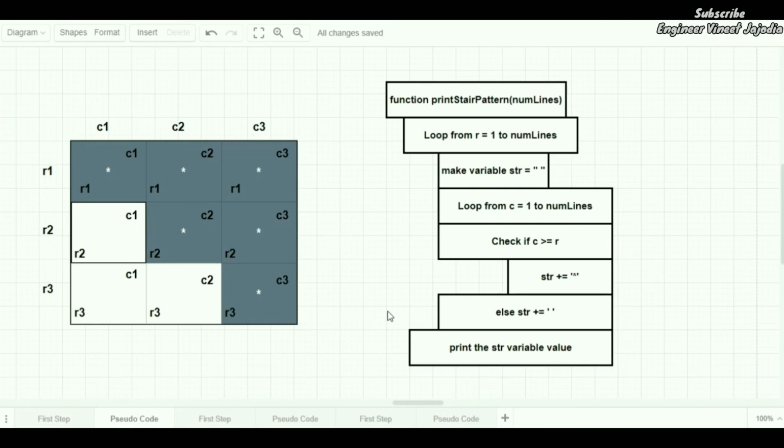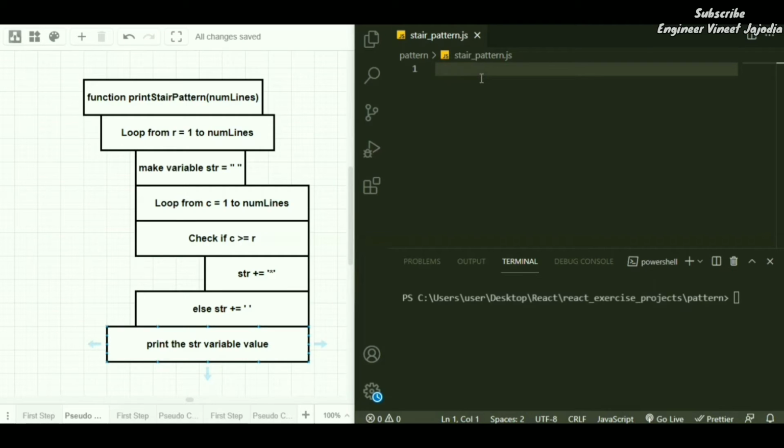Now we are going to see the implementation of it. For implementing this pseudocode, we are using the VS Code editor. If you are unfamiliar with the VS Code editor, a video has been made on the VS Code editor for beginners. The link for the video is given in the description. Do check out the description and see the helpfulness of VS Code editor and watch the extensions of VS Code editor, which are very helpful for developers. Now let's begin with the implementation of this pseudocode.